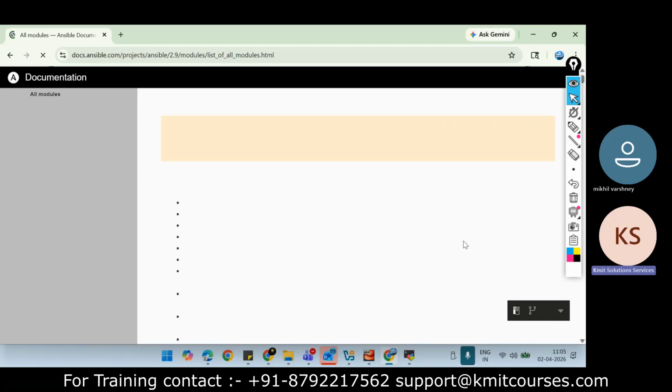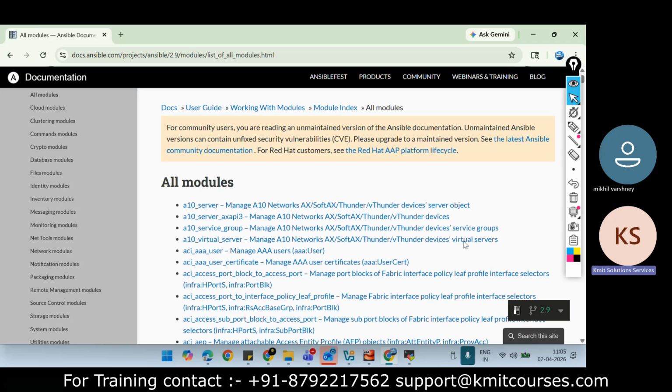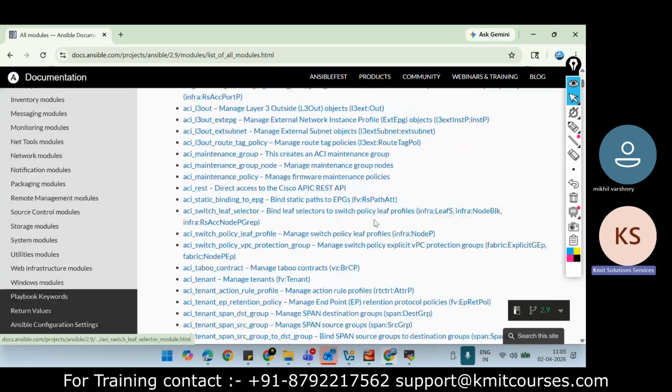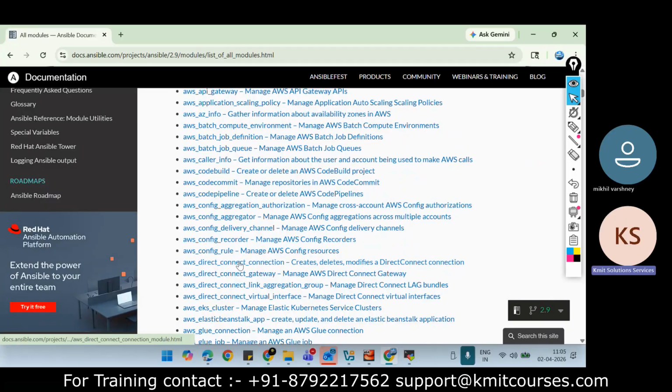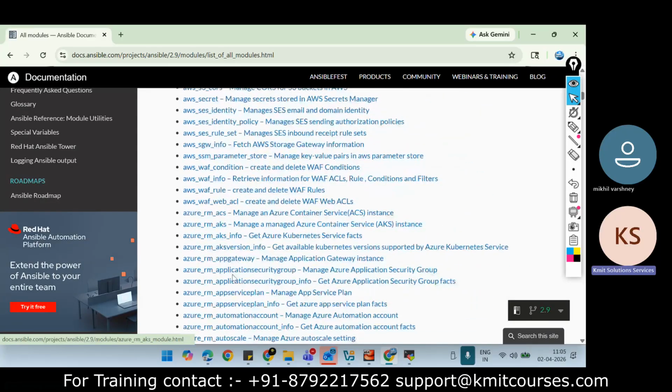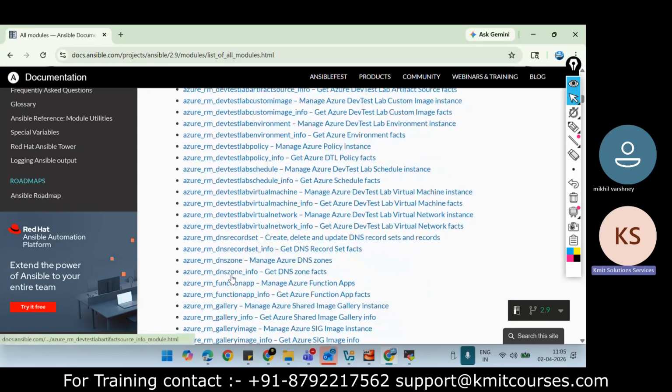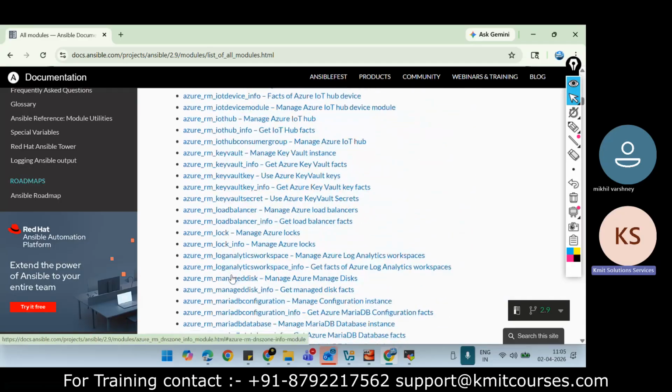Modules are not only related to the on-premises environment, but also to AWS cloud-based environments, etc. You can see AWS related modules, and many more.